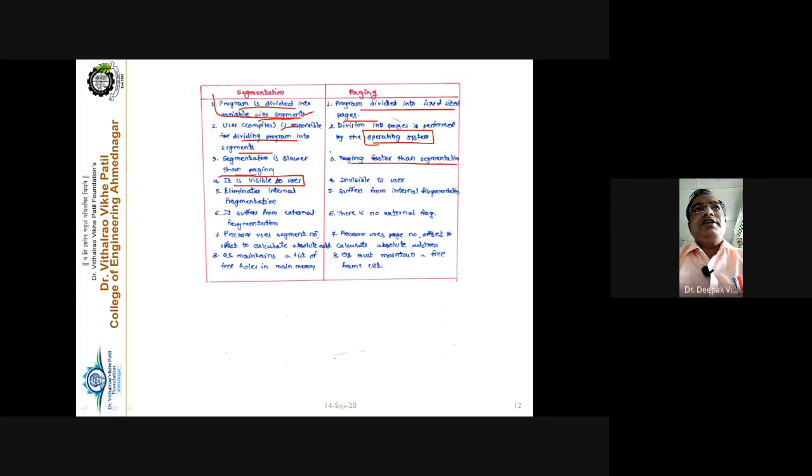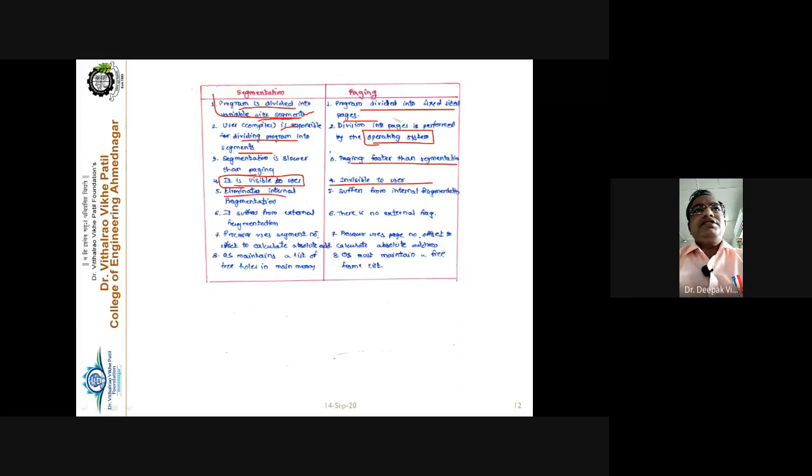Yes, segmentation you can view, meaning you can divide the main program. Suppose you have written a very big program, you can divide it into different subroutines and functions. You separate out the function, the subroutine, and the main program, and you can see that the main program consists of 100 lines, the subroutine consists of 500 lines, and the square root function consists of 200 lines. Depending upon the number of lines and variables, the sizes may be different. But in case of paging, it is totally invisible to the user. The user has no control over the paging scheme.